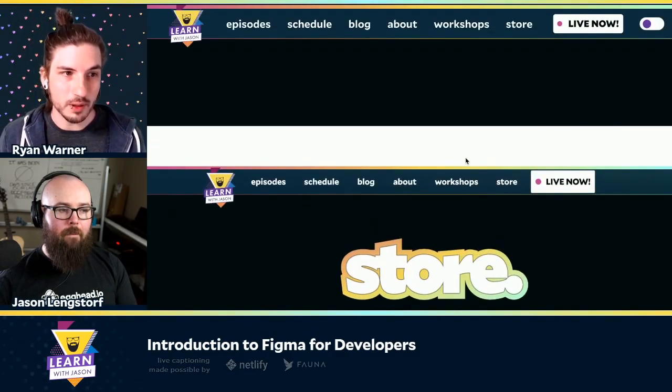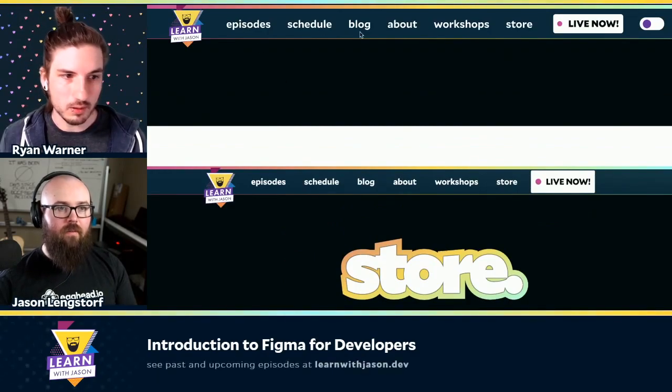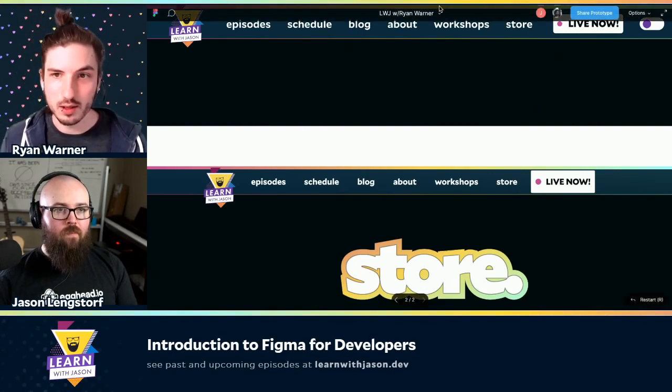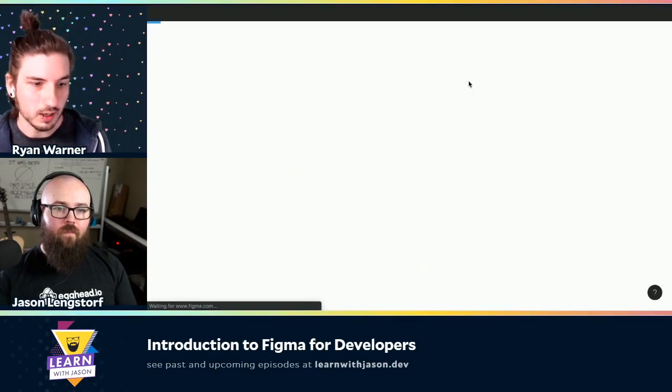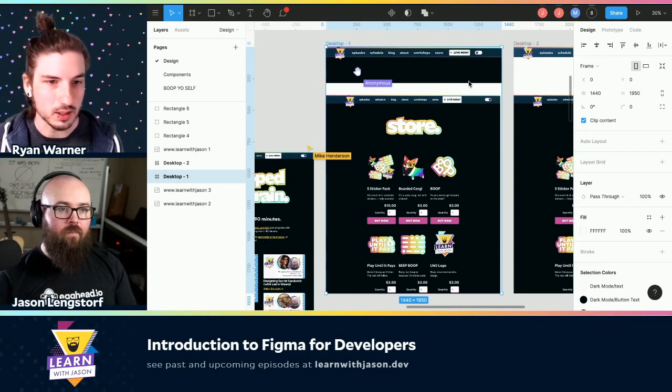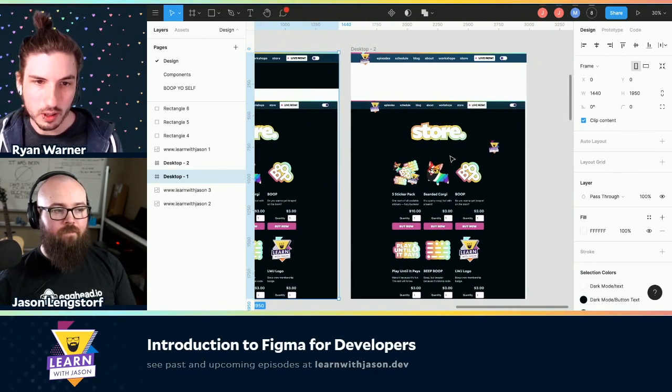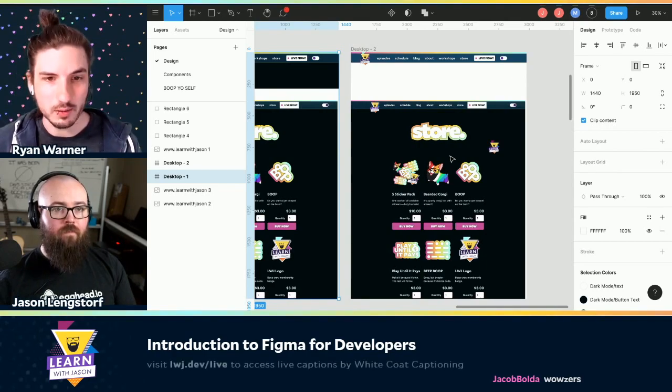We could wire up those nav items to be clickable if we wanted as we're developing this out, and then maybe we want to share it with our colleague. And it just comes to life, and it's much more communicative of the idea that you're going for when you can actually click on the thing and interact with it.